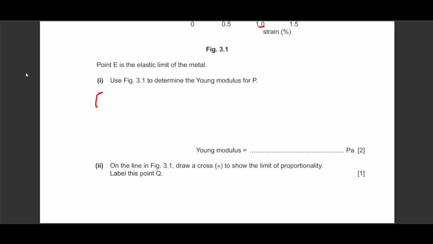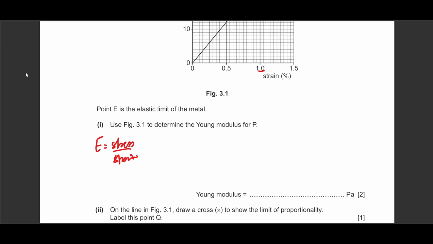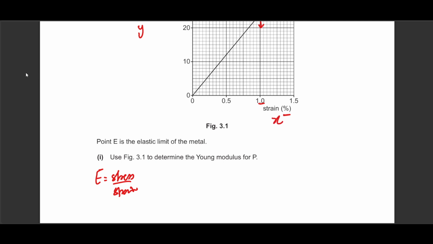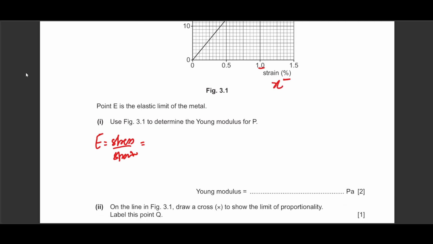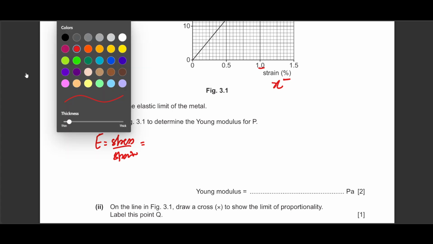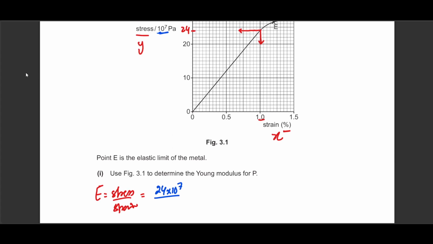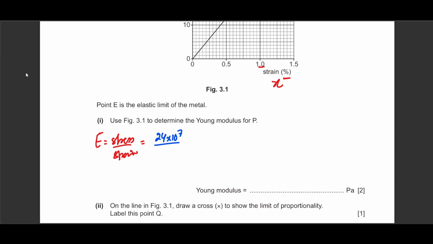So Young modulus is equal to stress over strain. Now, luckily, stress is already on the y-axis and strain is already on the x-axis, but in percentage, so be careful. It could be called the gradient. It could be just simply putting in the values. So this would come out as 24 into 10 raised to power 7. Why 10 raised to power 7? Because it's on the graph. 1% strain at that coordinate, so this is 1 divided by 100, equals 2.4 into 10 raised to power